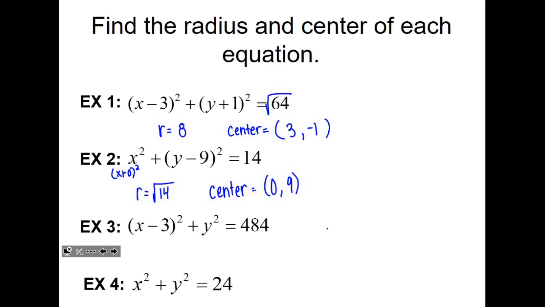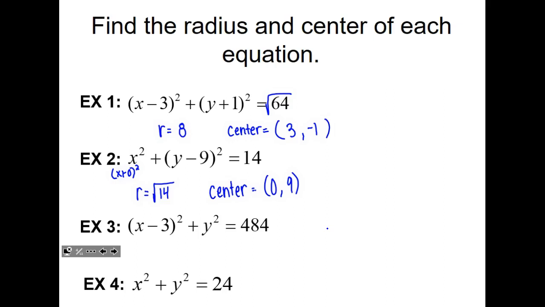I think there might be a couple on your homework, because our book doesn't like to give friendly numbers. I think there might be a couple on your homework that you have to graph that are like this. So just type square root of 14 into your calculator and figure out what it is. It's going to be like 3 point something, and then just estimate whenever you go up and down. For your homework,